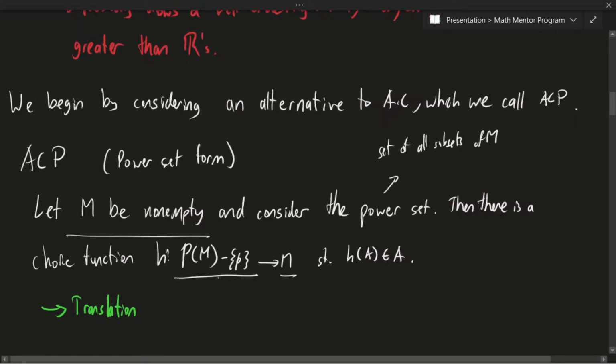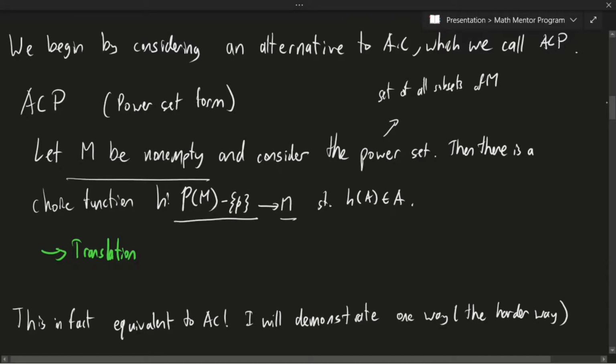So this is the power set, but minus the empty set. And this here is just M, the set that we started off with. And it just has to have the property that it acts like a choice function. So H of whatever subset I choose inside my power set has to actually belong to that subset. So all of this may seem a little dense like last time when we first started introducing the axiom of choice. So let me go ahead and distill that for you. It's very simple. Essentially, all you do is you take your set M and it has a bunch of subsets. And what the power set form of the axiom of choice says is that every subset of M has an element that I can choose.